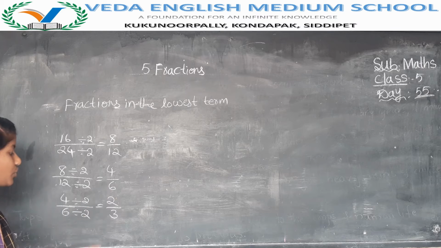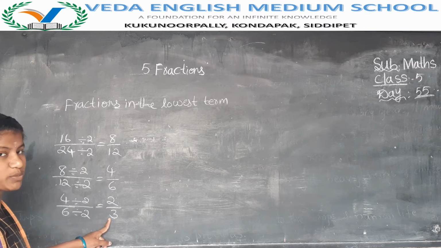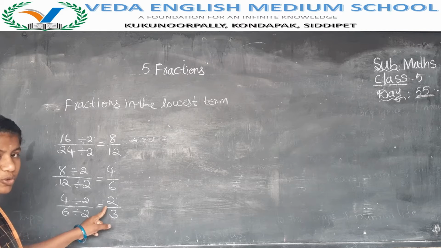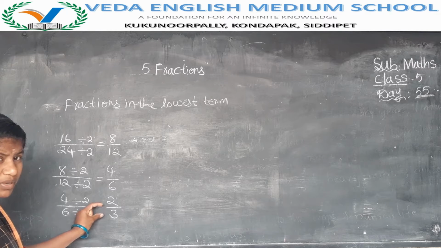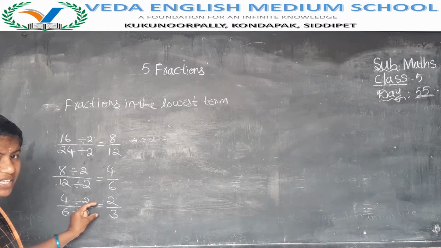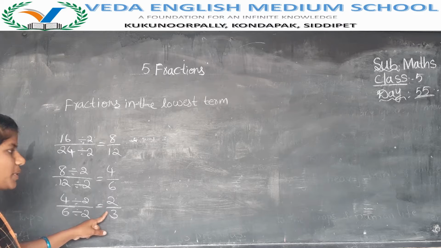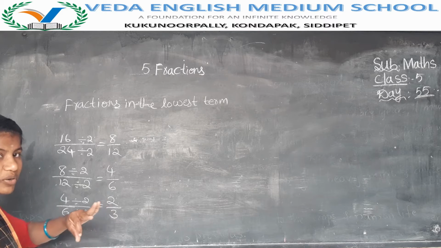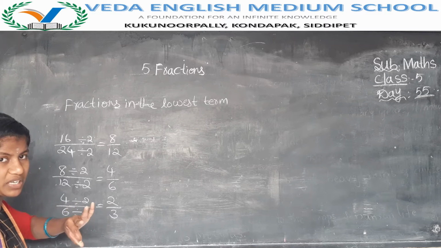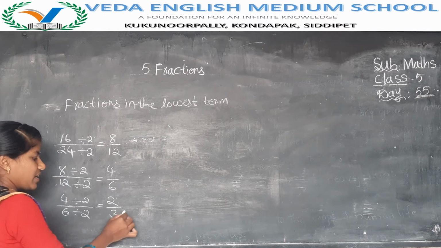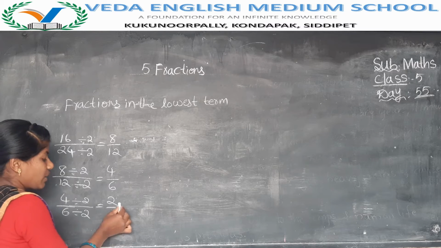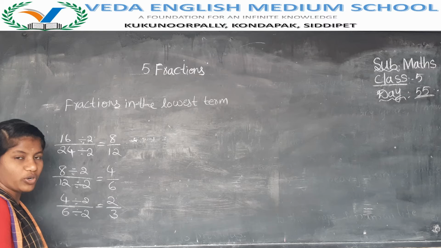Now see, 2 and 3 both are not possible by only one table. Here you read 2 by 3. Both are prime numbers. So if you get prime numbers, then they have only 1 as the common factor. If a prime number comes in either the numerator or the denominator, you should stop the lowest term there, because they have the common factor as 1 except 1. Apart from the number 1, there are no other common factors.